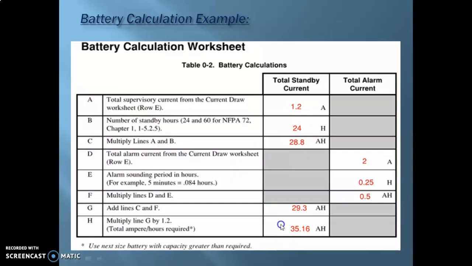This is again what I mentioned at the start, that you need to consider a higher battery rating than what you actually calculate, even after including the 20% margin, in order to avoid any sort of voltage drop or any sort of condition that might occur after the installation of the devices.